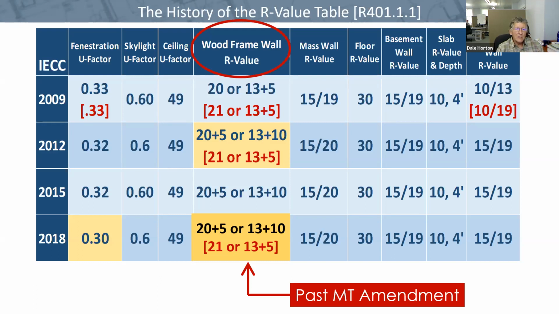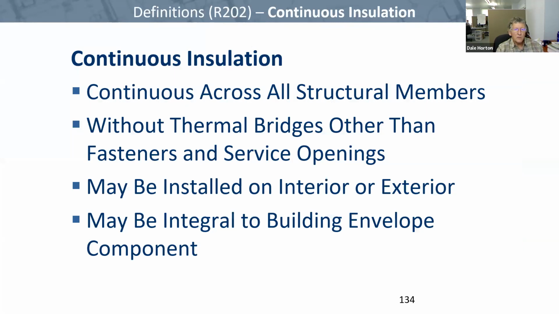There's a couple of things in the 2018 that I think would result in massive builder revolt, which is not something we want, and this would be one of them. So I expect the wall requirement to stay the same, even with the 2018. Continuous insulation is defined because we now have it as a requirement. I'm not going to go through the detail of it because continuous insulation isn't required, but it does point out,